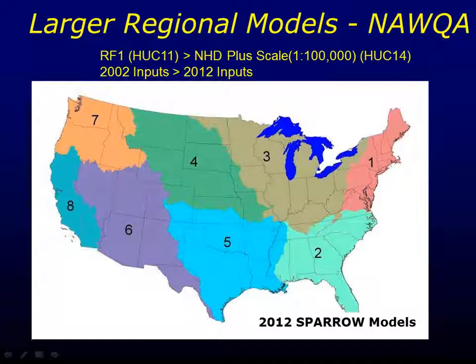We're also, as I showed you before, NACWA started off looking at 8 areas. We're going in the future. This was a 2002 model, and a lot of people criticized us for being a little bit out of date. What we're trying to do now is develop 2012 models with the 2012 inputs. We're also criticized for the scale. For the people that are into these things, it was like a HUC 11 scale. We went from RF1, and now we're looking at NHD+, so we're going at a much smaller scale.